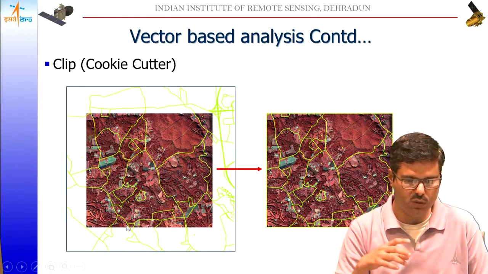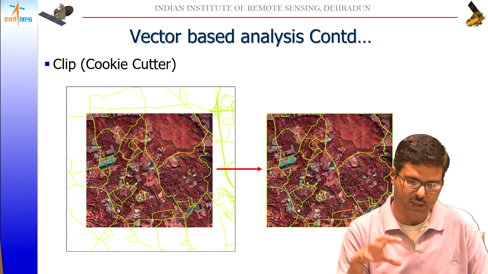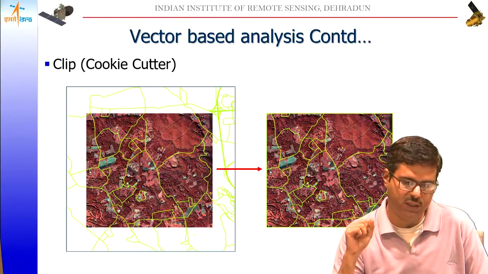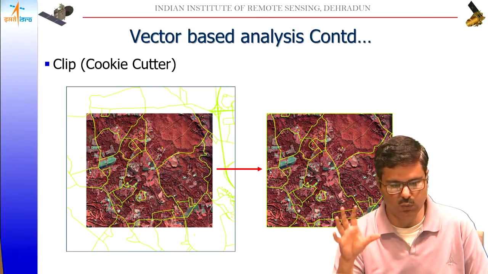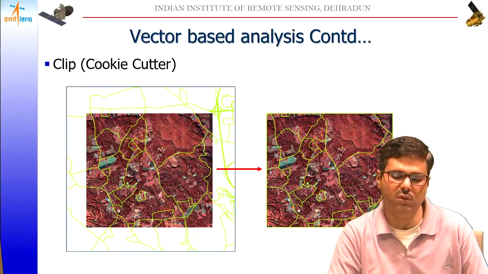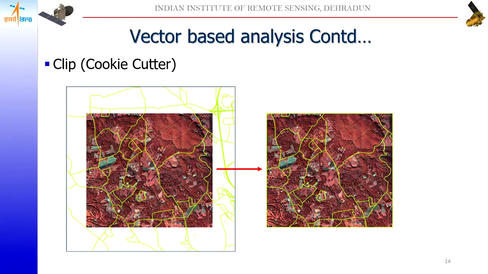Then I can use the concept of a clip or a cookie cutter, wherein I can cut, put a hole in, let's say, a dough, if you take an example, and then whatever I get is only the output of the road network, however restricted only to my study region. Here there will be no change in the attribute information, because we are taking the source layer and the cookie cutter layer, and the output is again a subset of the input layer. Here I am just representing the map again; that image is only for representation, but the output, if you see, is only the road network that is confined to this region.